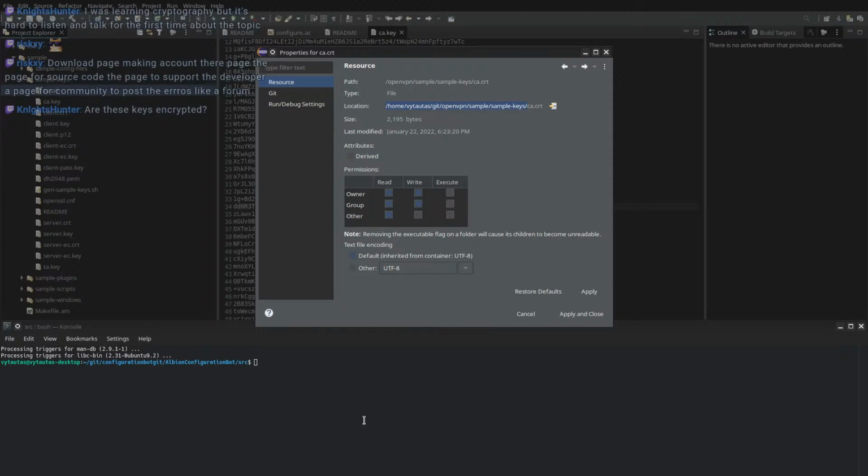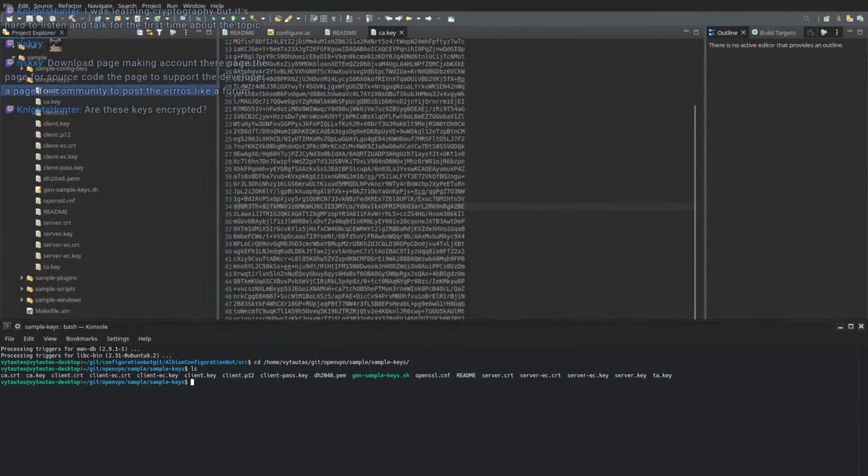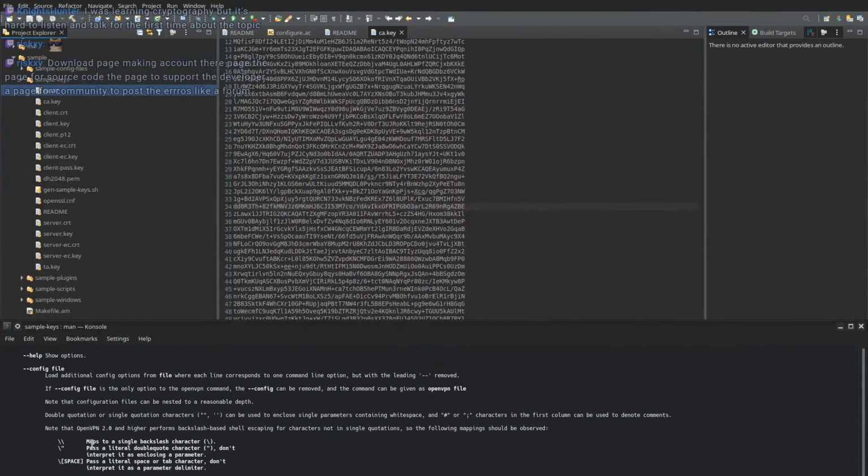So let's navigate there. So we should see all the certificate files here. And I don't remember the actual commands. Let's see, man openvpn, because OpenVPN can be used to read what's in the certificates.